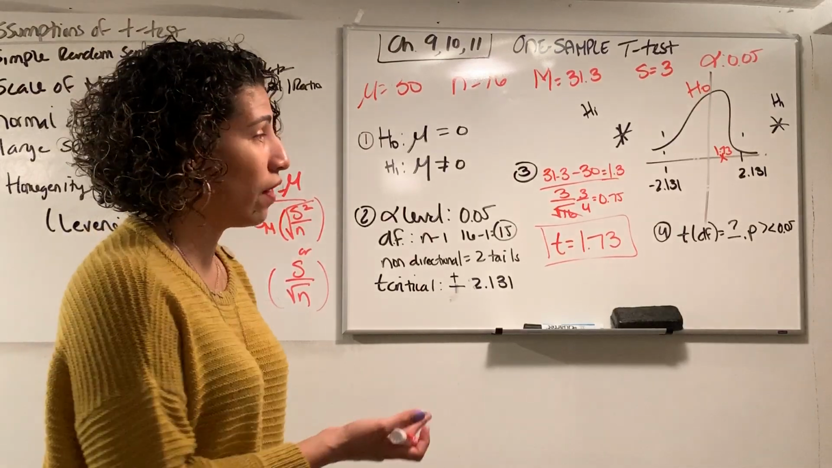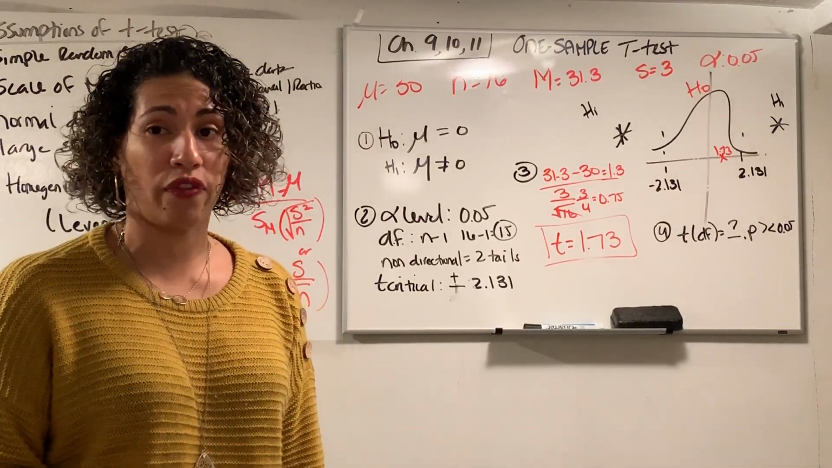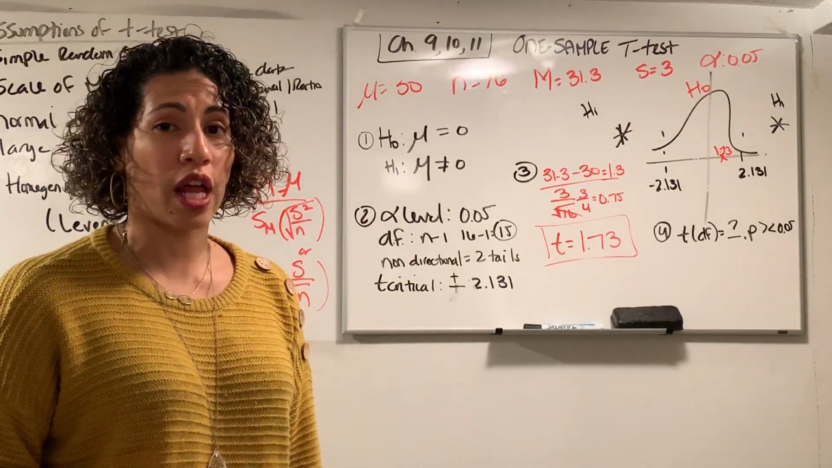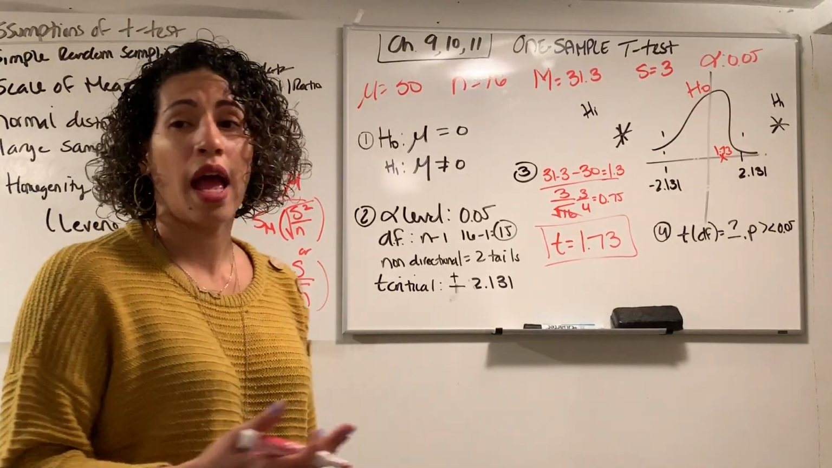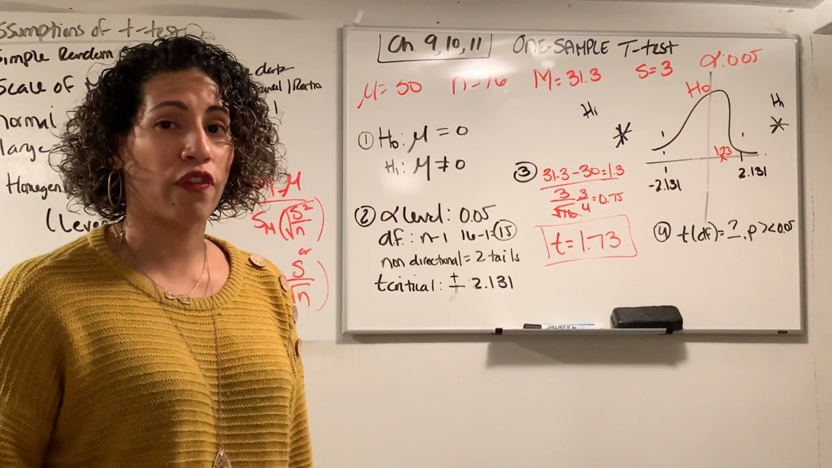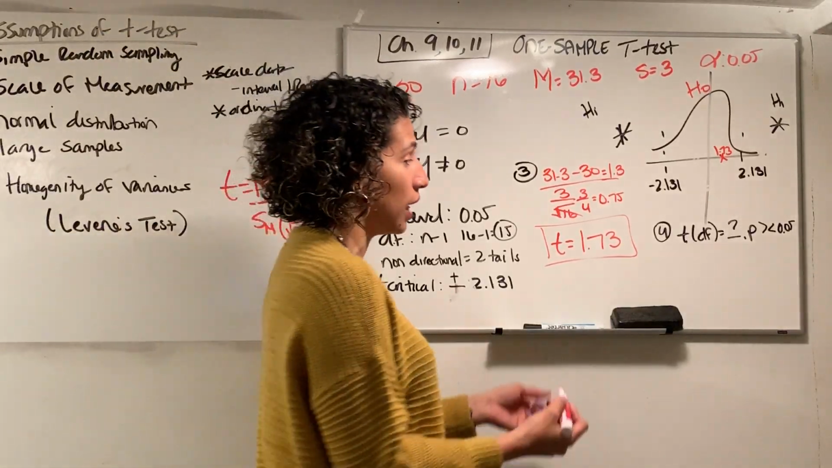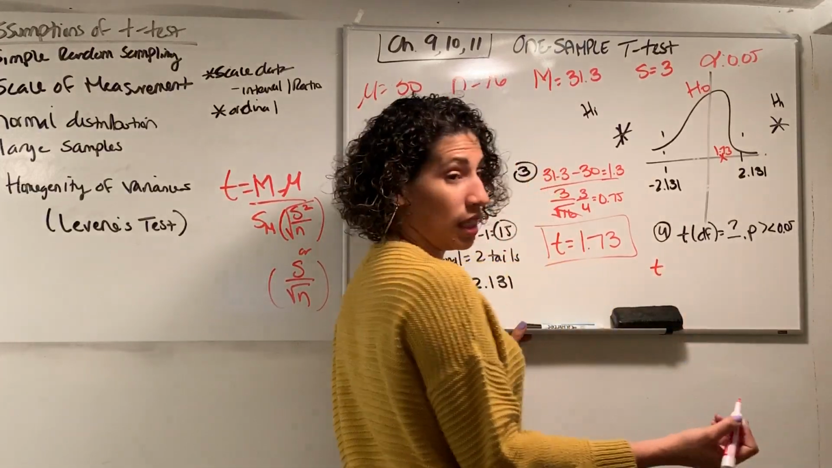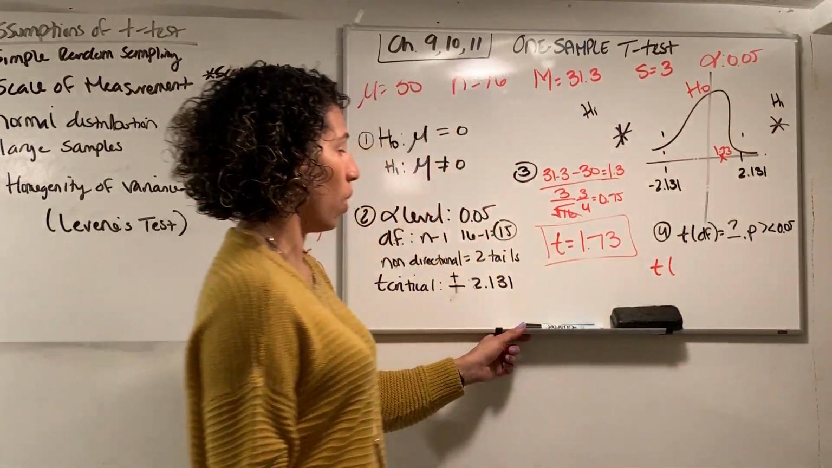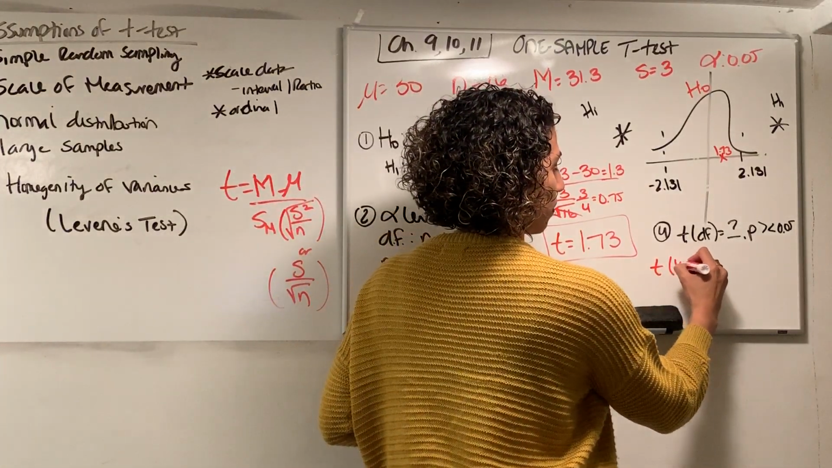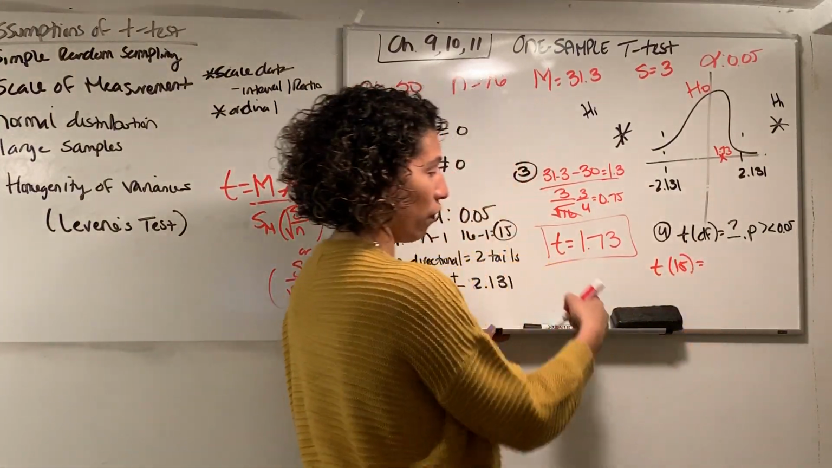Is there significant evidence to determine that this weight loss program had an effect? No. So what would we say? There is not sufficient evidence to determine that this weight loss program had a significant difference in the effect of weight loss for these 16 people. And at the end of that sentence, you would put T, the degrees of freedom here was essentially the sample size minus 1, so 15. Then you would say what our value is,